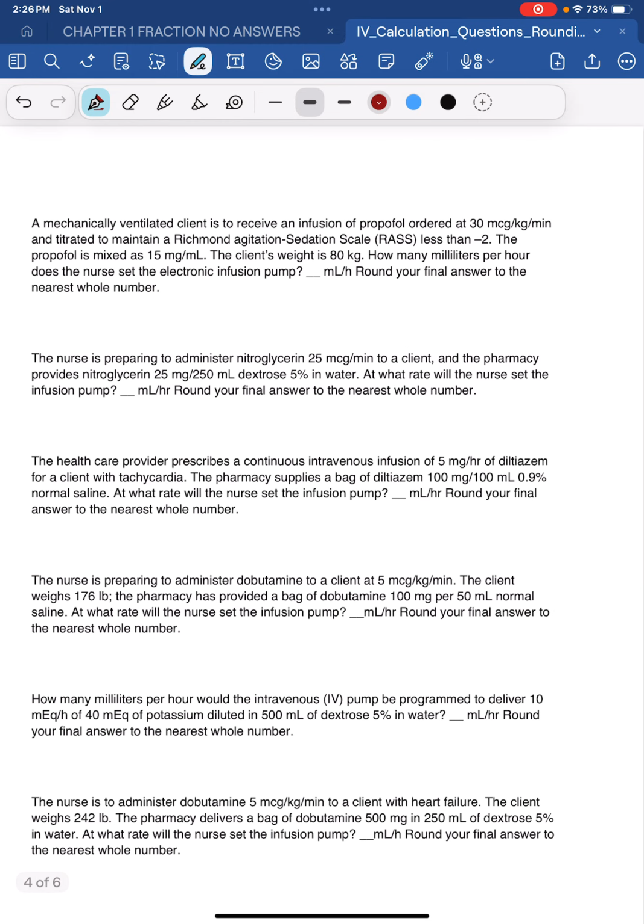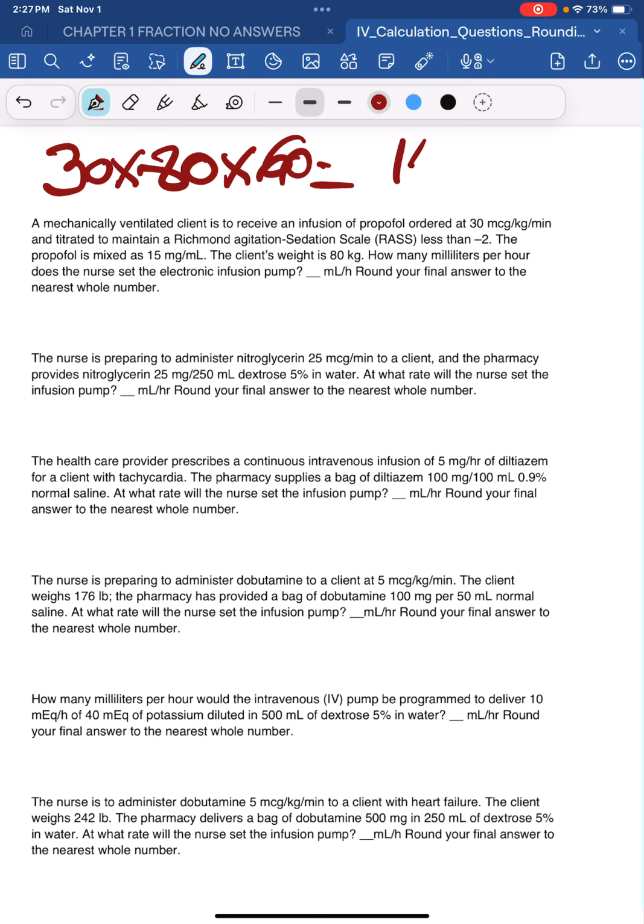Let's see. We're gonna push this quickly. Next one. What are we looking for? Milliliter per hour. You see that? All right. So let's move on. So this, you're gonna get 30. Look at the weight in kilogram. I'm gonna do 30 times 80 times 60, because you have to convert that order into the basic shape. Let me not confuse you. 30 multiplied by the weight to get rid of the weight, and multiply by 60 because we converted that to hour. So now you have that number right there, 144,000